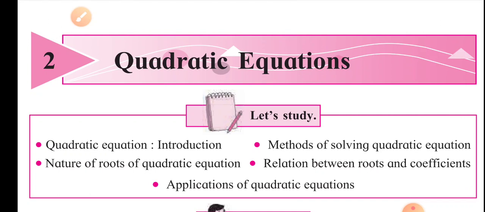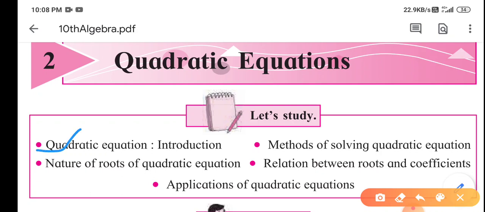Now, what does quadratic equation mean? When we equate a quadratic polynomial with 0, that is a quadratic equation. In this lesson, what do we have to focus on? Firstly, we have to understand what quadratic equation means, what its definition is, and how we can identify whether a given equation is a quadratic equation or not.